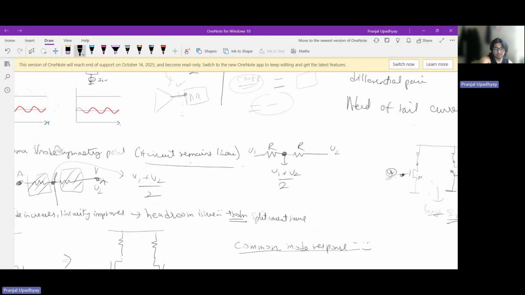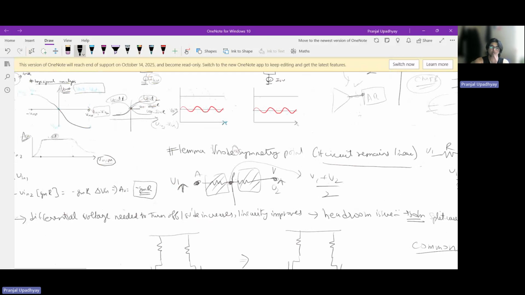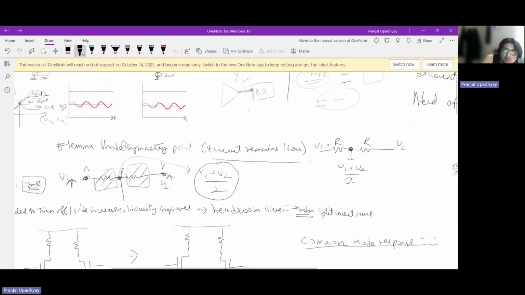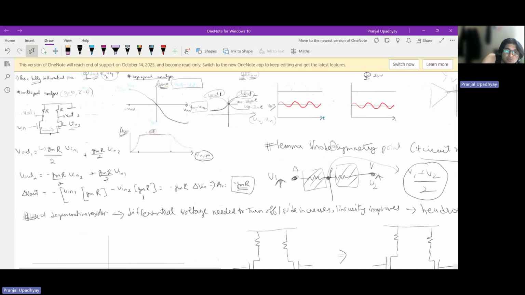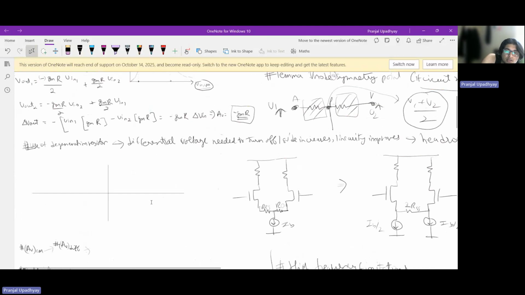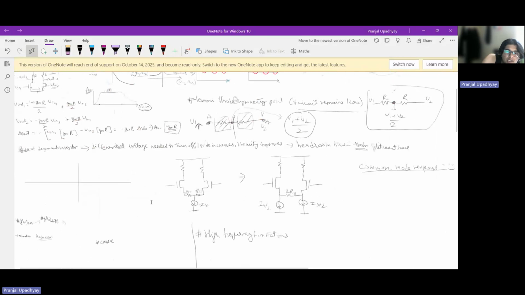It is just an extension of this idea that the circuit remains linear. So for a small signal excursion in a transistor-based circuit, if I'm exerting some small signal excursion about a point of symmetry, that point of symmetry's voltage will be the average of the excursions. This is the basic intuition of why that is true. Okay, so that being said,